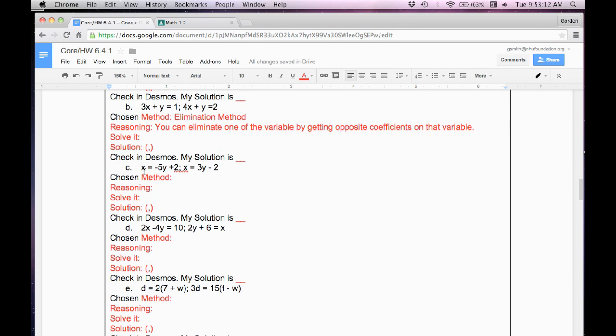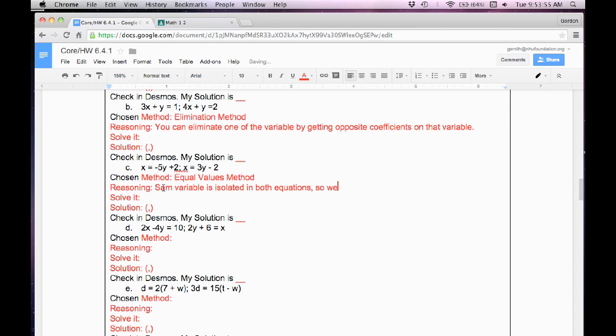Okay, C, chosen method. Here we have x equals negative 5y plus 2. So that's sort of a slope-intercept. Even though the x and y have changed position, we still have an isolated variable. And then our second equation says x equals 3y minus 2. Well, what I notice is that even though it's not in y equals mx plus b, we still have the same variable, x and x, isolated. So it's probably best to use the equal values method, because the same variable is isolated in both equations,